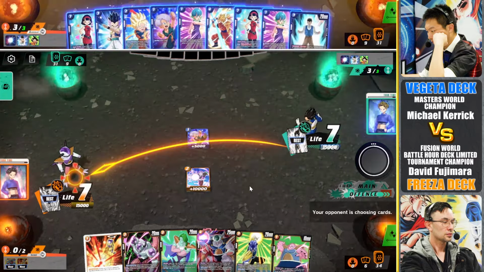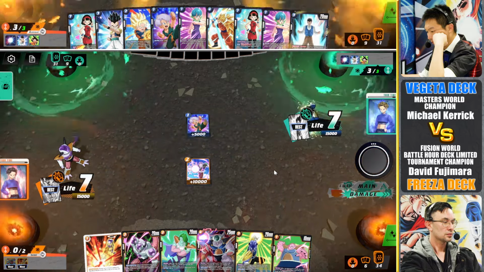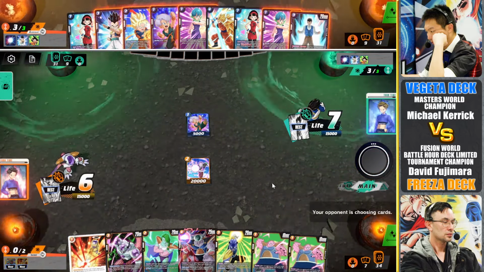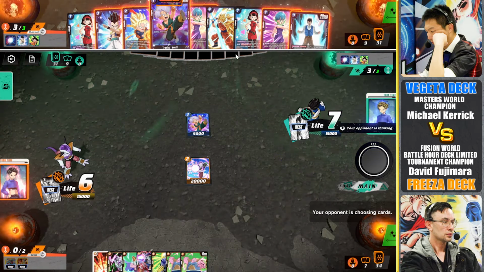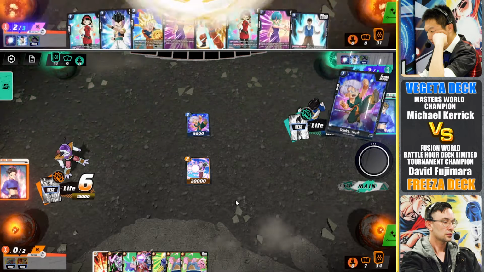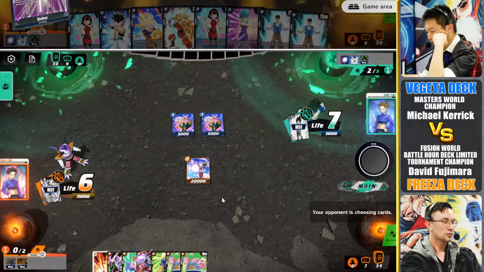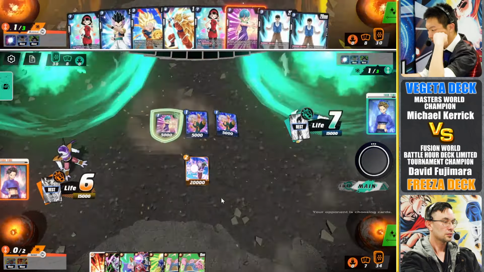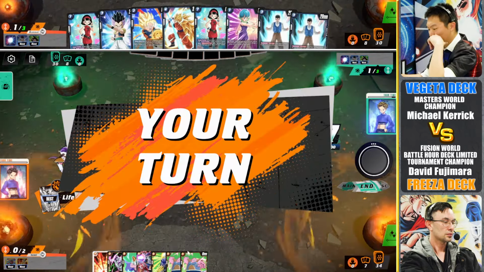So we're already seeing a good amount of back and forth, being able to develop value from playing out our battle cards and hitting down to 6 life already for Frieza. As the turn gets to Frieza, David Fujimura's goal here is to get his life down to 4, awakening Frieza. Once you awaken by getting to 4 life, your leaders gain new skills and abilities. Frieza's able to switch battle cards from rest mode to active mode, protecting his battle cards